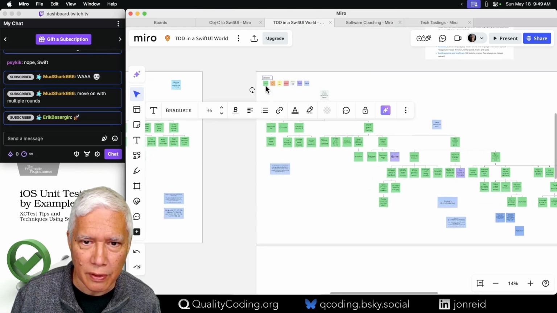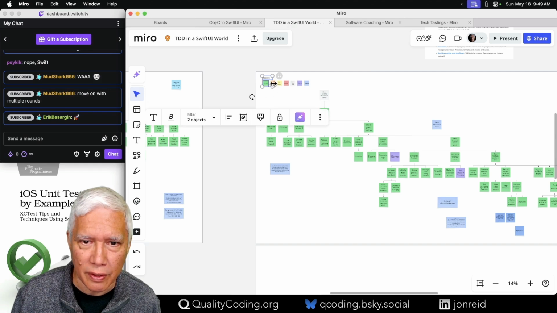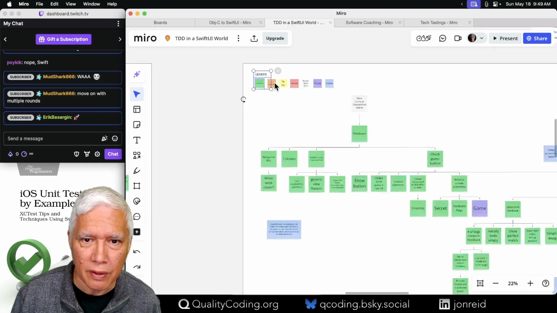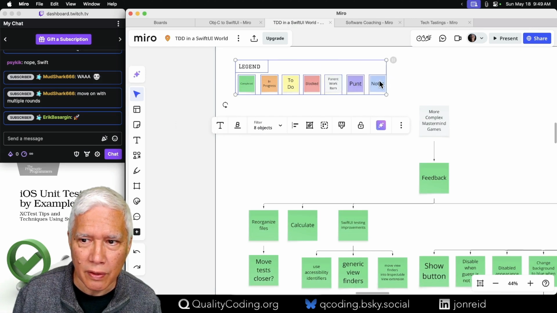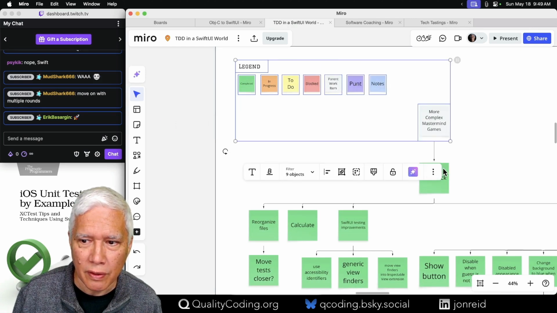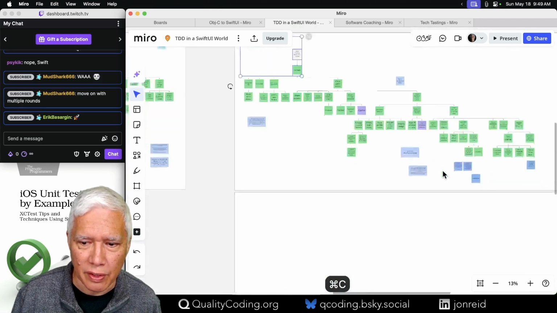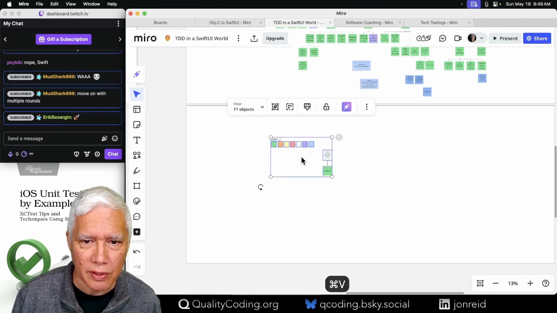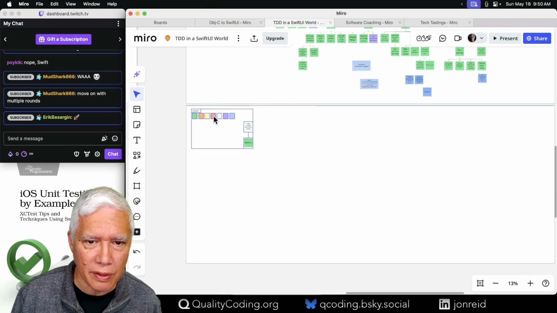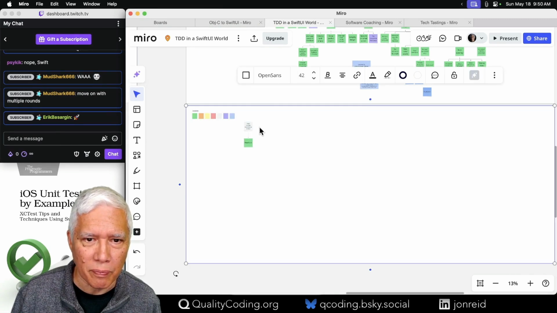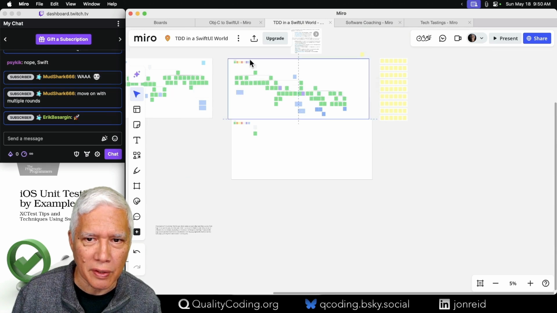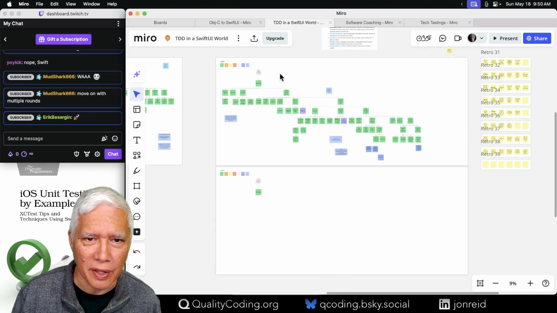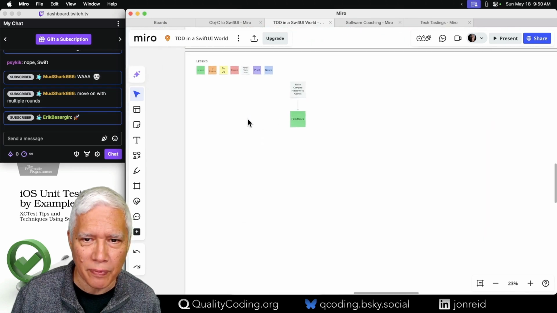Are these all locked? Hopefully not. Let's just bring these down. Slap them in here. Stick it up there. And begin. Oh, it's just a frame. It's not a group. All right. Not going to worry about that. So,